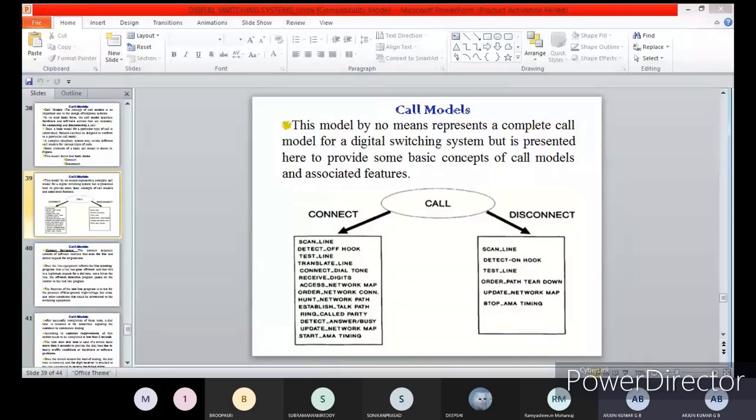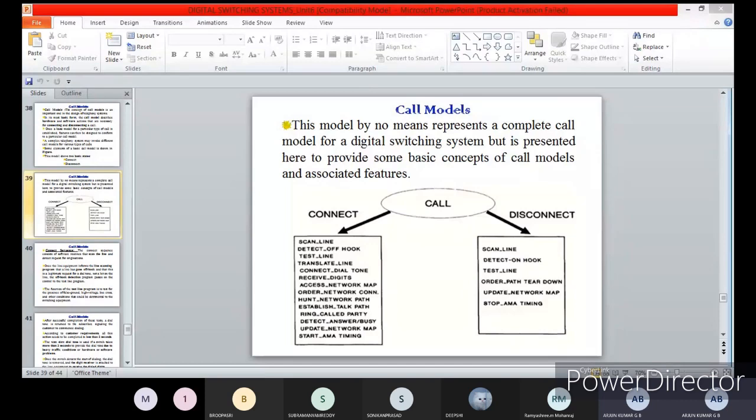Okay, in olden days, in earlier days, what happened? Every telephone was a wired telephone. That is wired communication. That's why, initially, after checking the off hook condition of the particular telephone, you go for testing the lines. Testing means checking whether any high current or high voltage is going through our line or not.